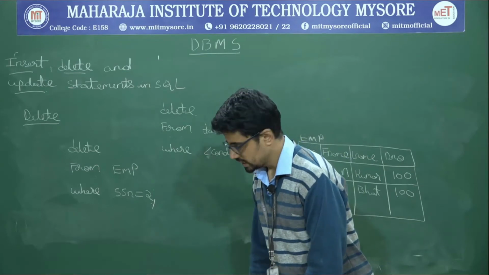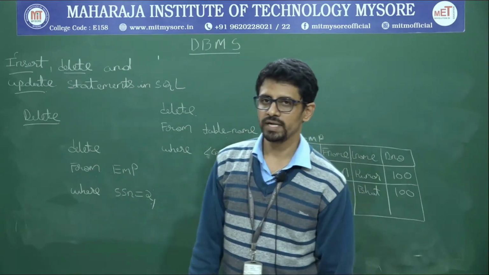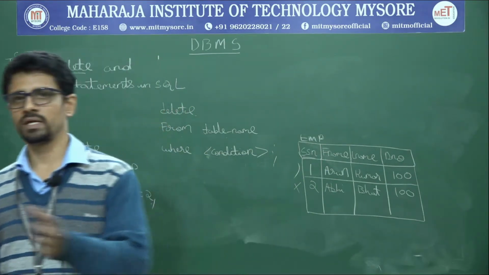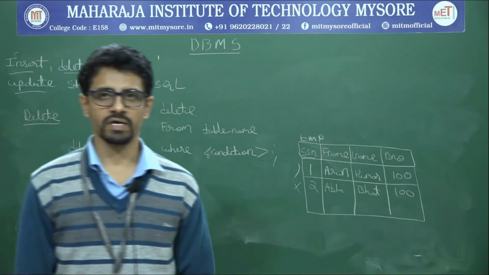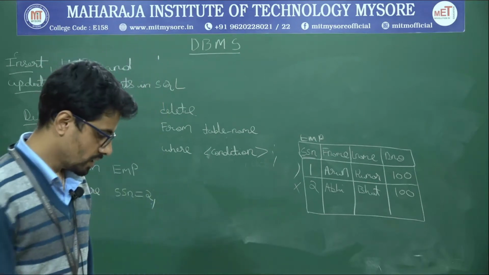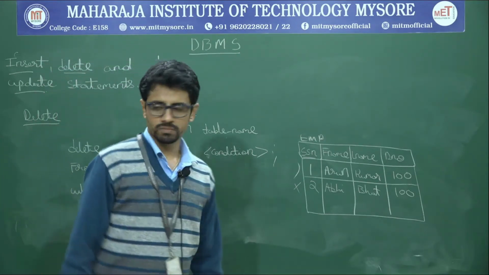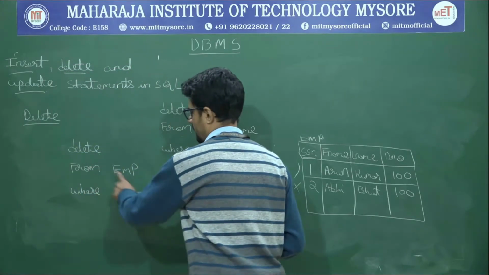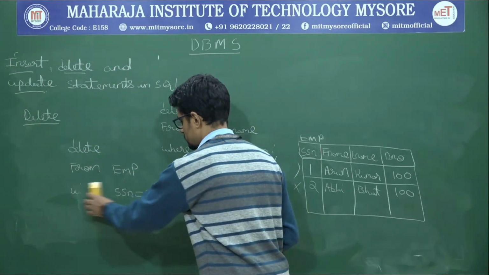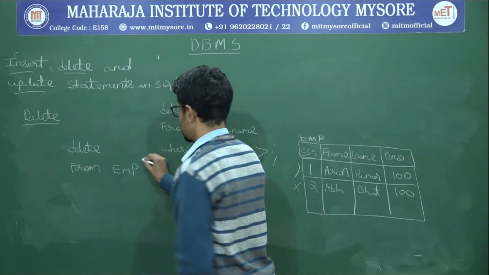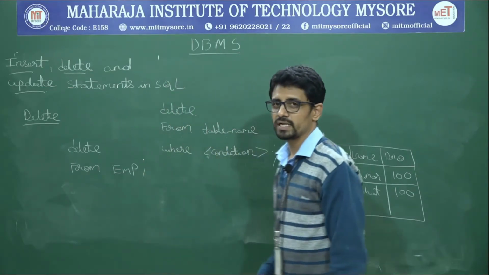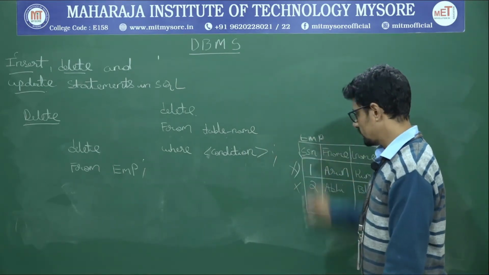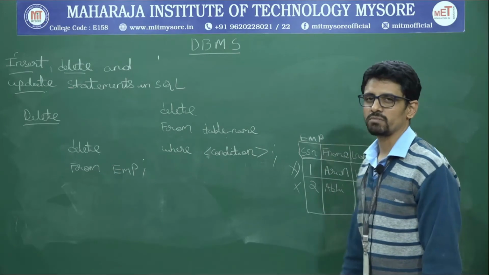Now, are there any mandatory fields in the case of the delete command? In the case of insert, all were mandatory. Insert into table name values should be given in case of adding values to the table. While deleting values from the tables, say if you write delete from employee and forget to give the where clause, and you press semicolon and enter, what it will do is delete all the tuples, meaning all the rows will be deleted from the employee table.